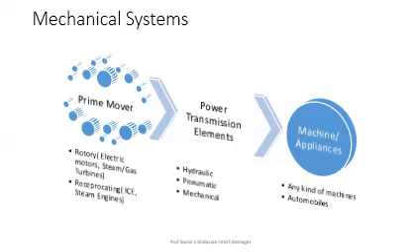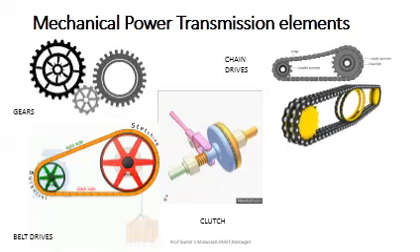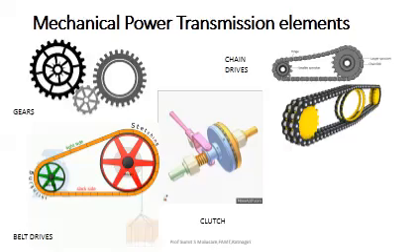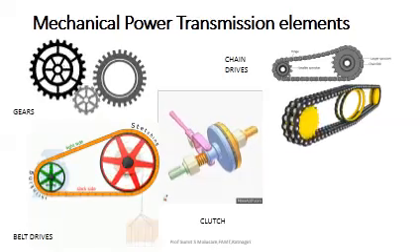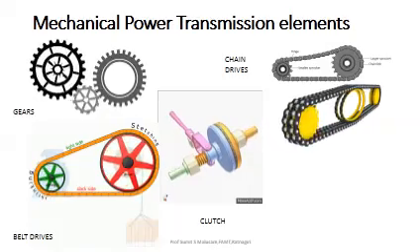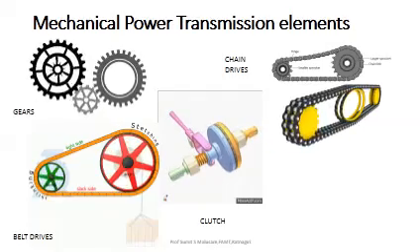Okay, so there is a mention of hydraulic, pneumatic, and mechanical. Hydraulic power transmission, pneumatic power transmission, already we have seen. So now we start with the mechanical power. Look at the screen, mechanical power transmission elements. I have shown some figures: gears, belt drives, chain drives, clutches. You know all about it, but now why study? Each and every component from all this we have to design throughout the syllabus of machine design too. So basically, initially just look at it.